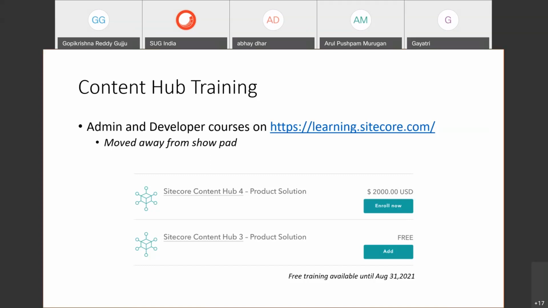Next is, as per the Content Hub training, are there separate Experience Edge and Content Hub installations? Is there any info on what the differences are between Content Hub and Experience Edge? I specifically have not covered Experience Edge, because I guess Akshay already covered it in Pune or Bangalore. I'm not sure which user group he covered, but let me brief you about it. In this environment you've seen, this is enterprise, and Experience Edge is already enabled.